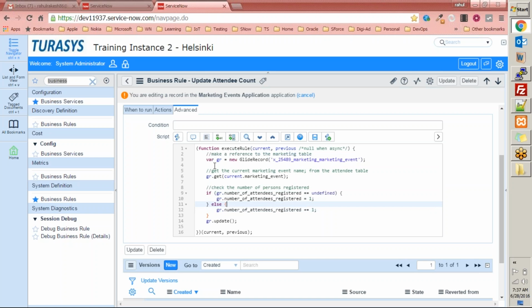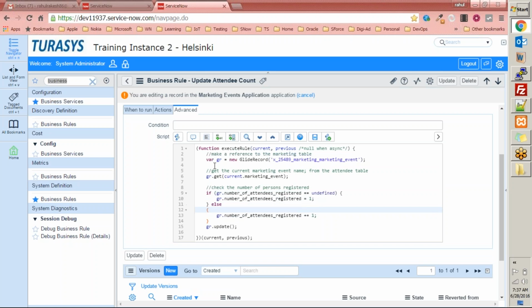Right? Here you are incrementing the value. And finally,